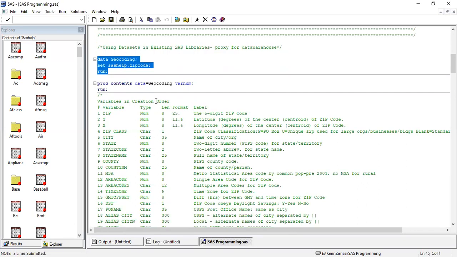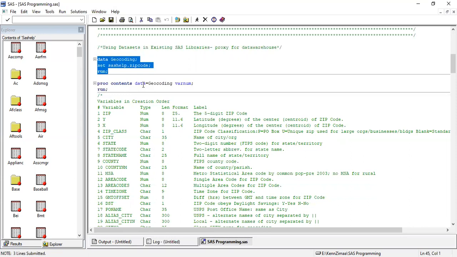Now, to see what all variables are there in the dataset which we have just created, we will use a procedure, or proc, called proc contents. Proc contents is a very useful procedure. It will tell you what all things are there in the dataset, what is their type, and what is the actual variable name along with the label of all variables. It has a very simple syntax.